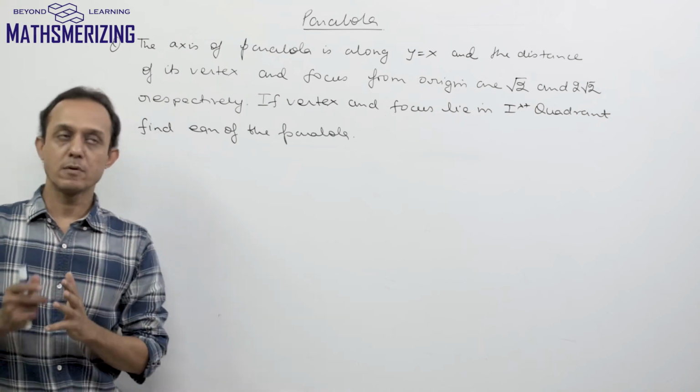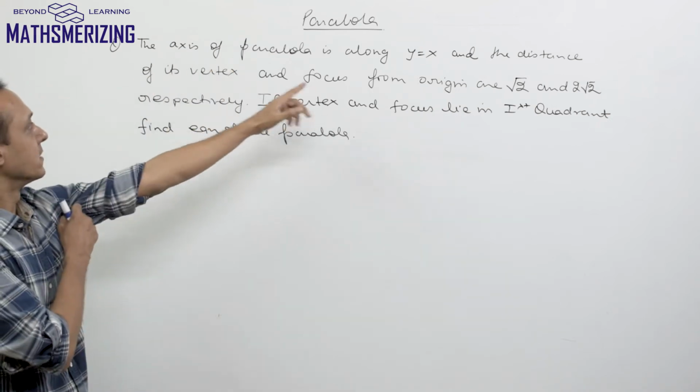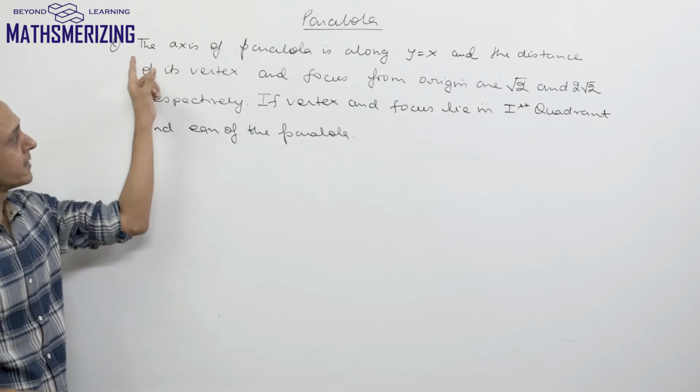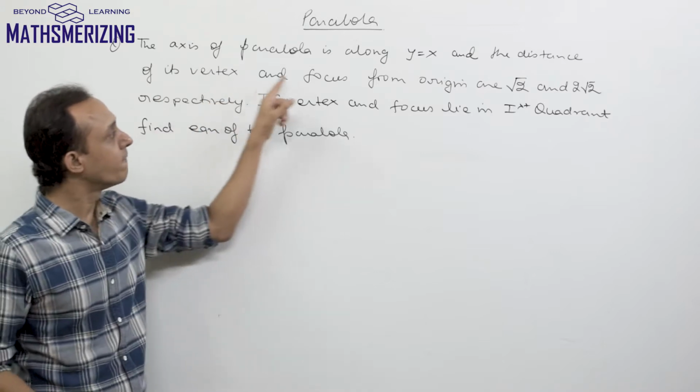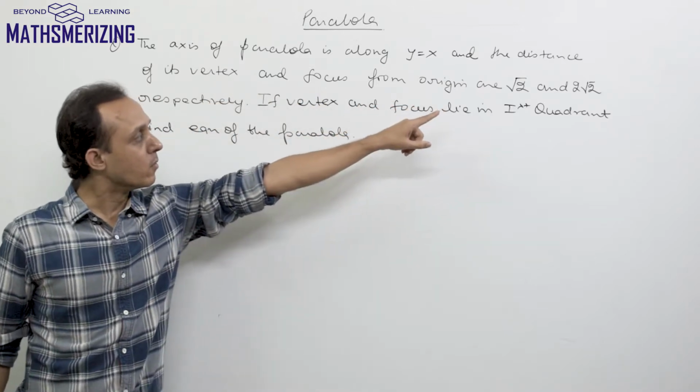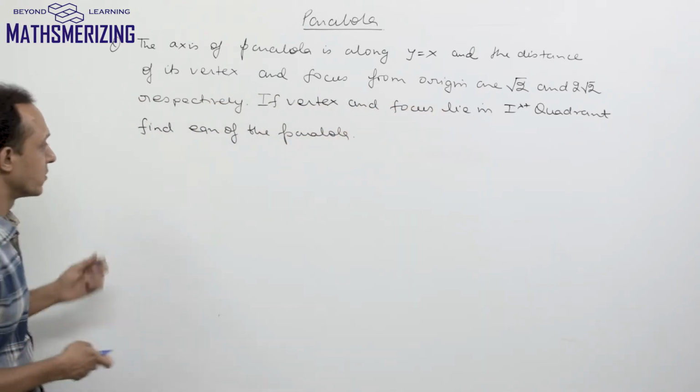Now there will be some questions on the general definition of parabolas. Say for example this one, in which the axis of the parabola is along y equals x, and the distances of its vertex and focus from the origin are root 2 and 2 root 2 respectively. So we have